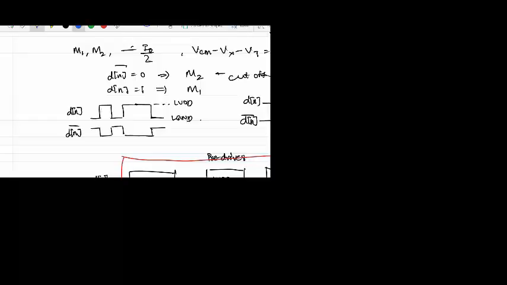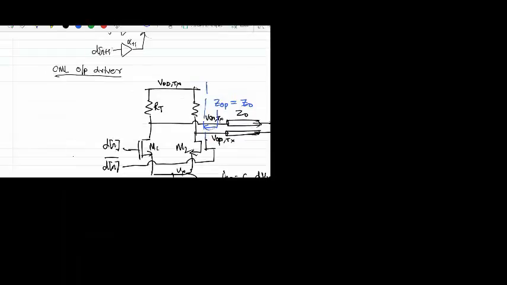Whereas when I am steering the whole current from one side to the other side, then Vx will see a change. So this is no more working as small incremental circuits. These are all large swing signals. So if you want to go into more detail for this, let me just ask this question.